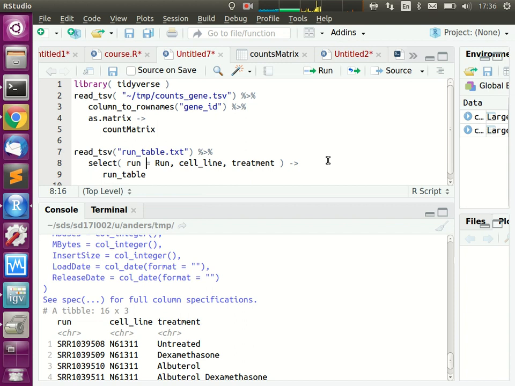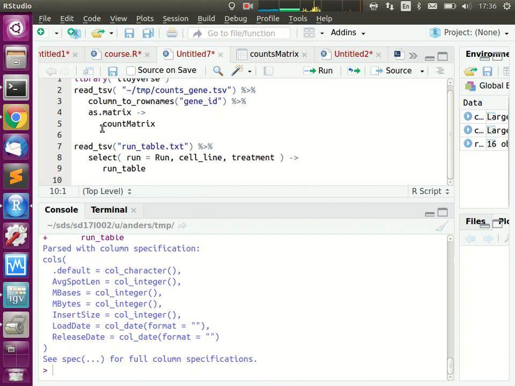which tells us what each of the columns in the count matrix are. One thing we need to make sure is that this fits together. I now got the run table from the Sequence Read Archive. I got the count matrix from this recount database. Who knows whether the columns are in the right order? So if I look at the column names of the count matrix,